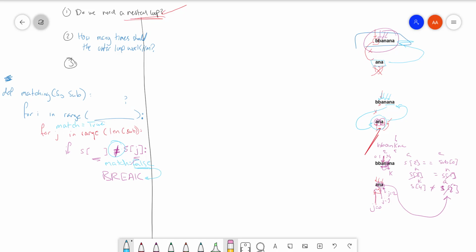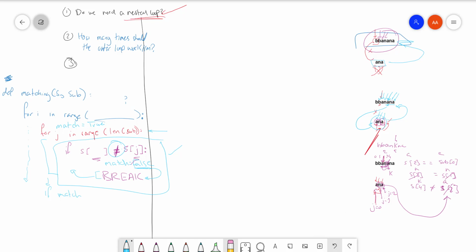Why would I do this? Because this is going to break you out of that inner loop. So when you break out of that inner loop, remember, you are inside the outer loop. Now you can say, if I traversed all of the elements inside the inner loop, meaning that I was at A, and I traversed A with A, and N with N, and A with A, so there was no inequality, so this if statement inside the inner loop never executed,